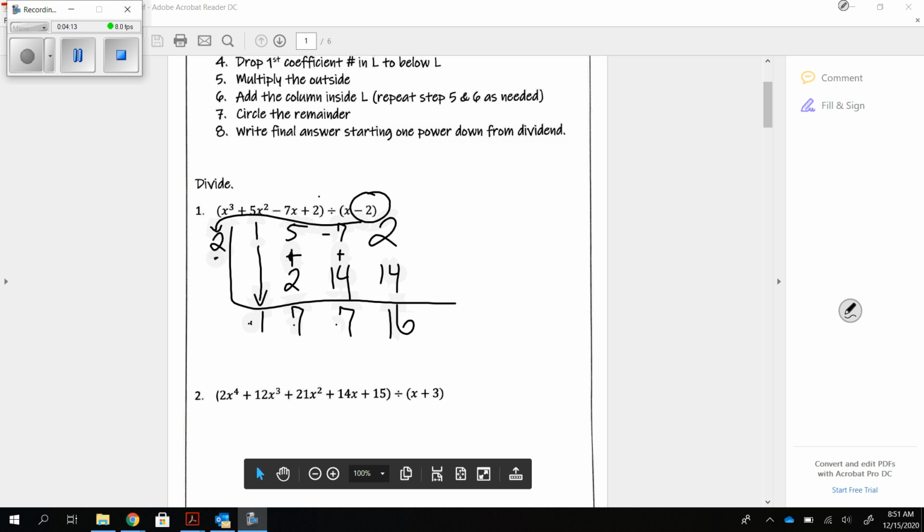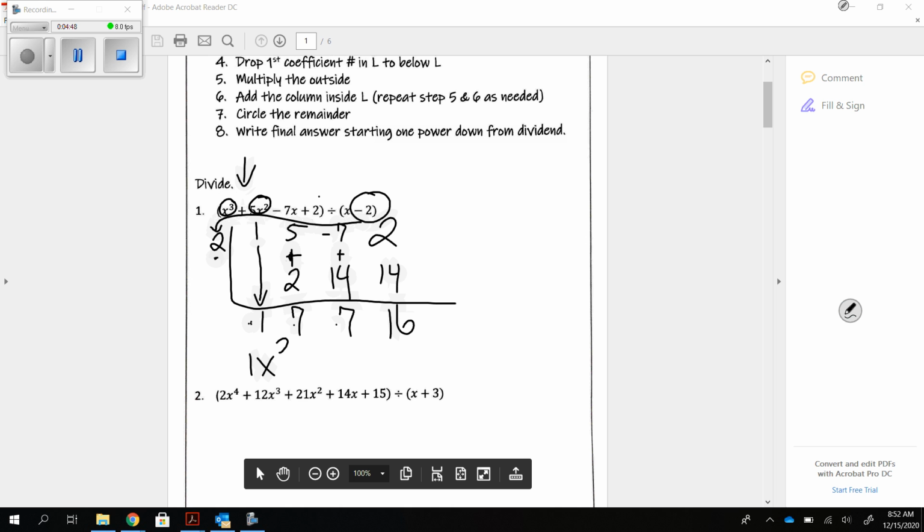Then our next step, after we added it, we're going to circle the remainder. We don't know if there's a remainder yet because then it says write the final answer starting 1 power down from the dividend. So we see the dividend is the first one. So x cubed plus 5x squared minus 7x plus 2. So we see it starts with x cubed. So we're going to write it down 1 down from x cubed, which is x squared. We see the first coefficient is 1. So that's going to be